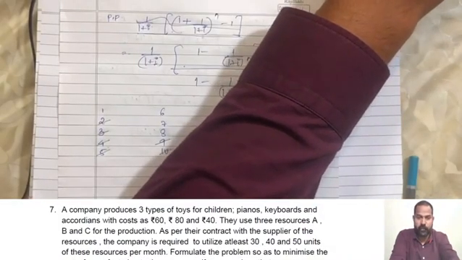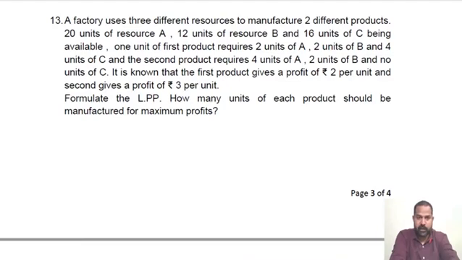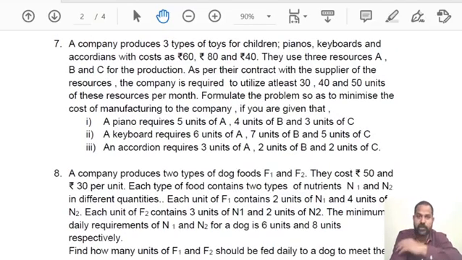So let's quickly finish off the basic questions there. So we can move to the slightly different ones, and that is question number 13. Because it's a rather big question, I have posted it large. A factory uses 3 different resources to manufacture 2 products. One minute. I think we did this question. Yes. So we are not going to do question number 13. What are we doing? Question number 7. And that is,